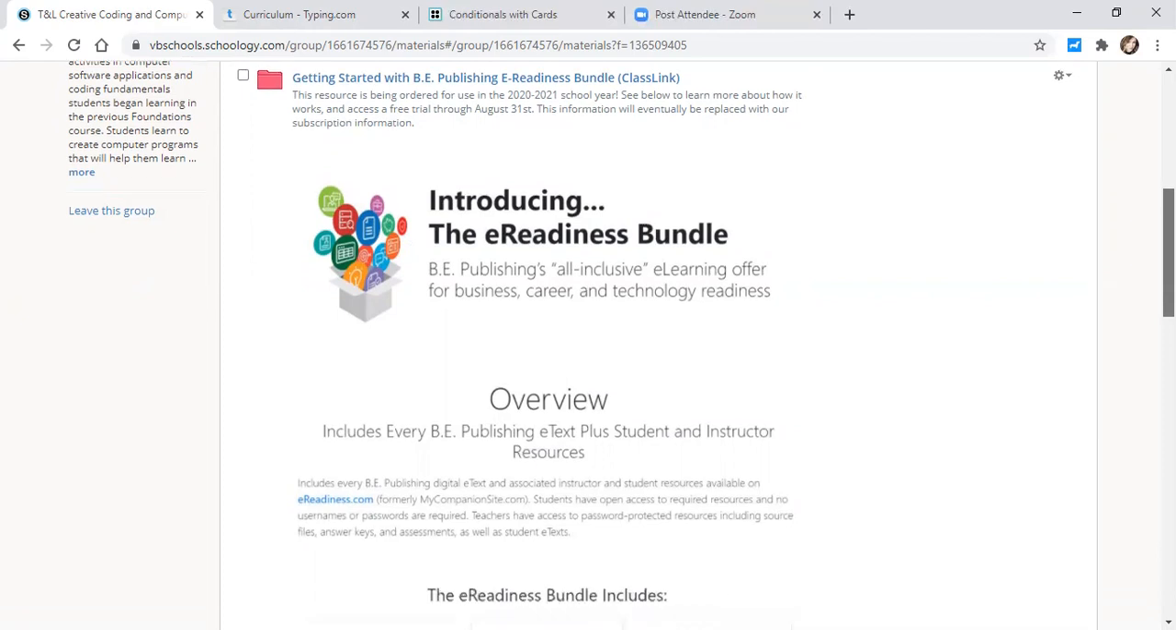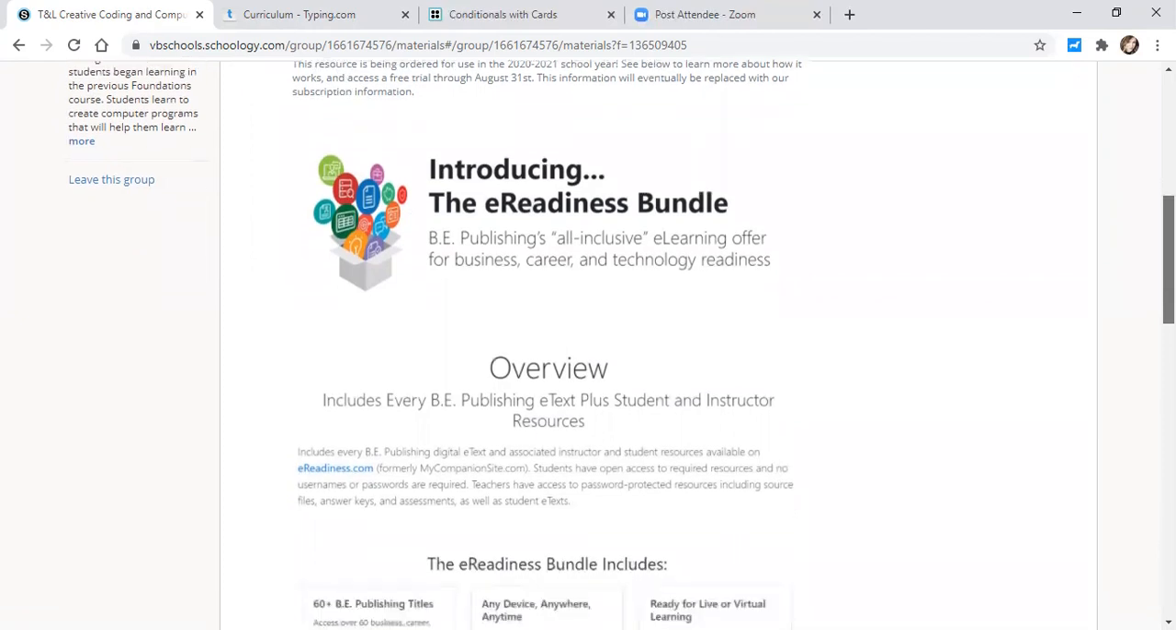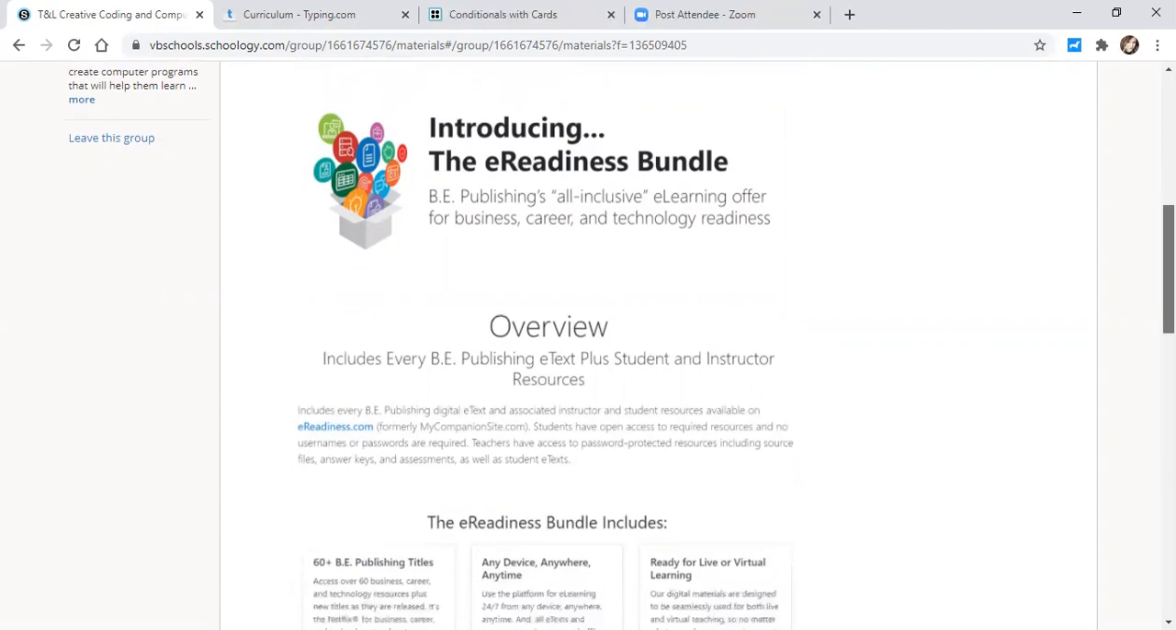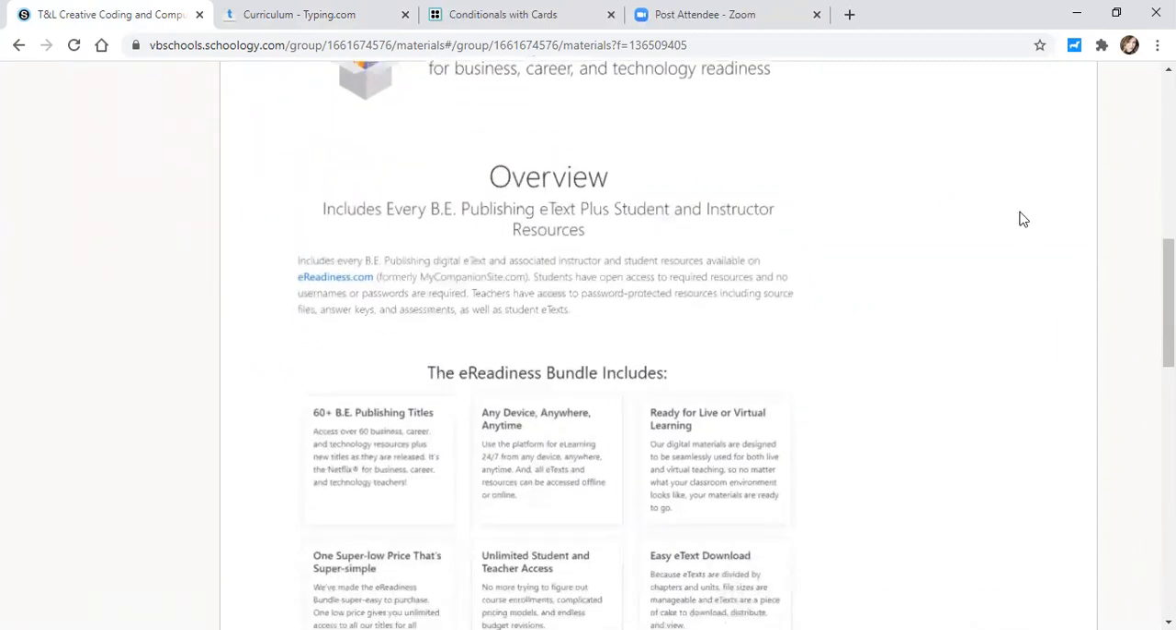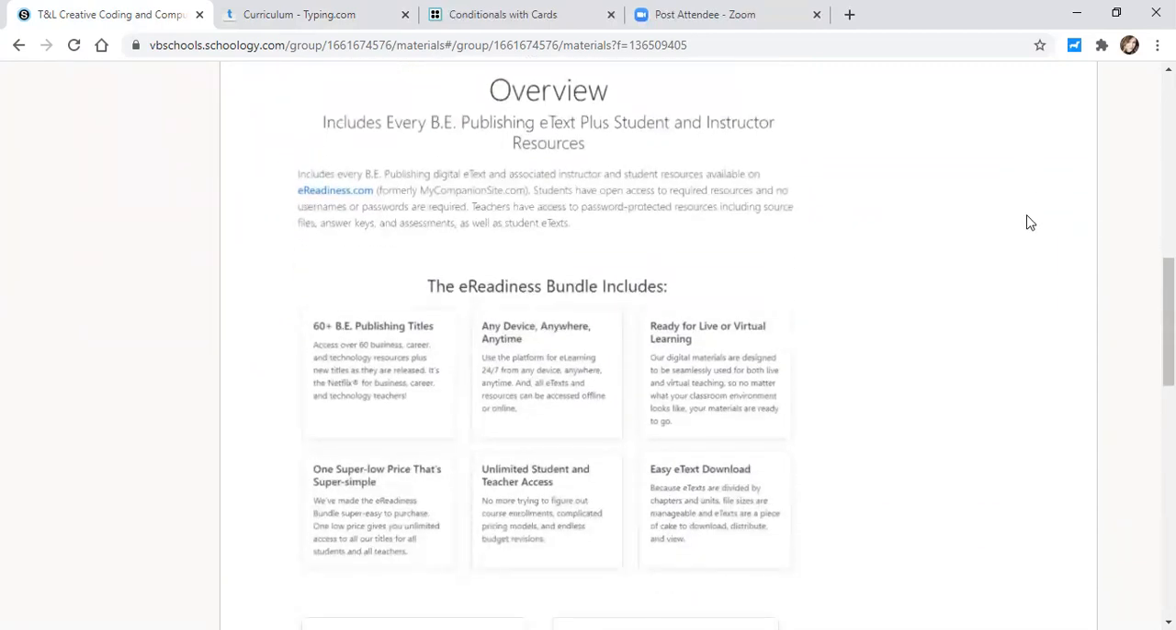This has been approved, so just know that this is going to be available to you. One of the cool things about BE Publishing, and I know that some of my business teachers have used pieces of it over the years, different publications that they've put out, is that with this e-readiness bundle, they basically revamped their companion site. Now if you have a subscription to this e-readiness website, you can bundle it. So we have access to all of the titles,